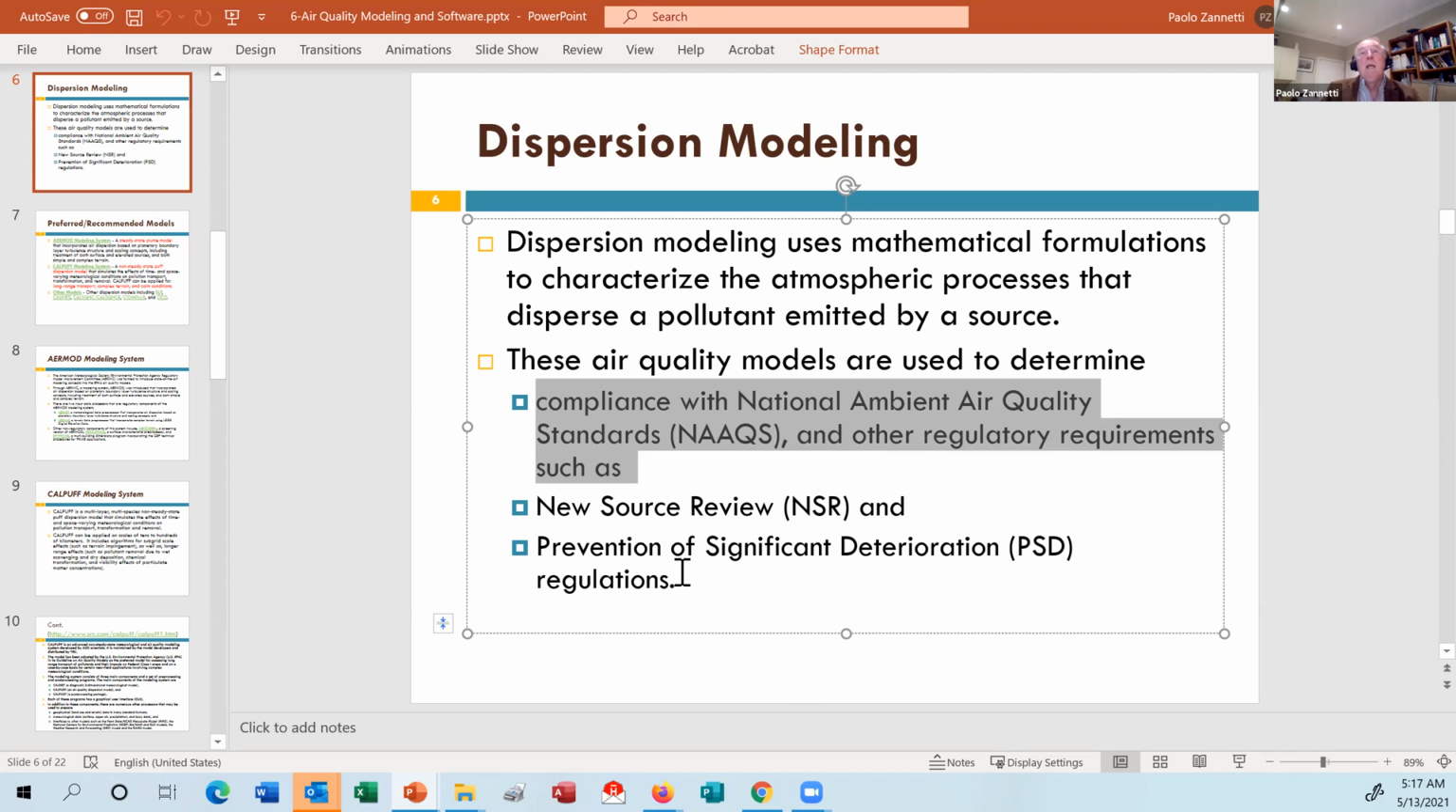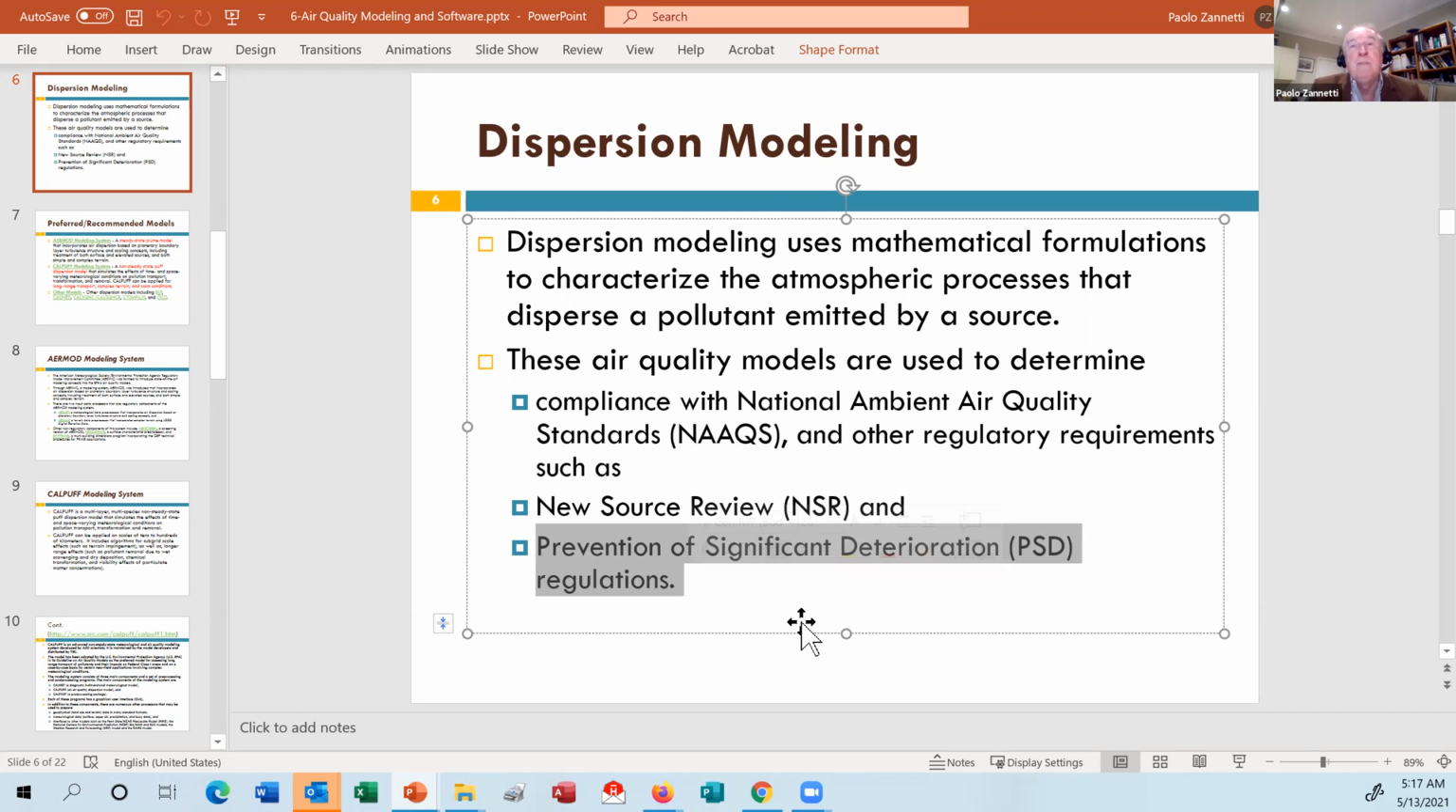Another application which is very important in the United States, and I don't believe is very common in other countries, is the prevention of significant deterioration, PSD. I want to say a few words about this because this started essentially in the late 70s, 1980s, when people were afraid that all the industries and pollution would have moved from the dirty states, let's say, in the East Coast of the United States into the clean states, let's say, in the West Coast of the United States. Why? Well,